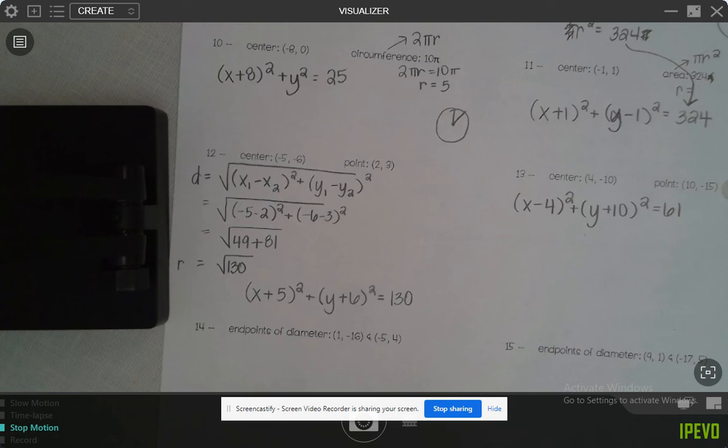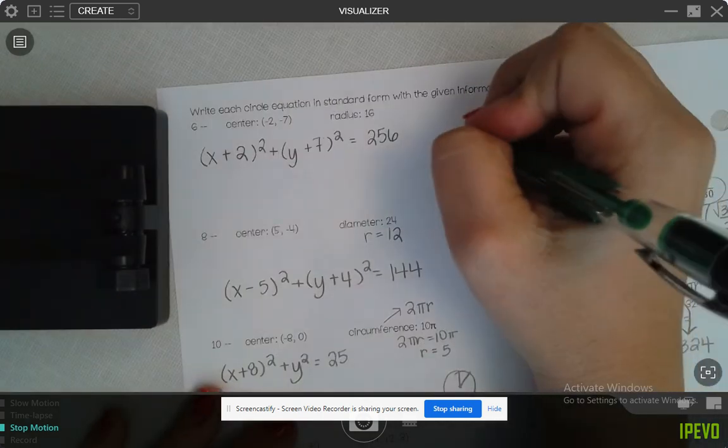All right. 14 and 15, what do they give us? What are they, though? I don't even know what an endpoint of a diameter is. You don't know what an endpoint of a diameter is? What's the endpoint of a diameter? Will we have this on the test? Well, you have what on the test? Calculator. Okay, yeah, so Coop is over here going, if this is a circle,